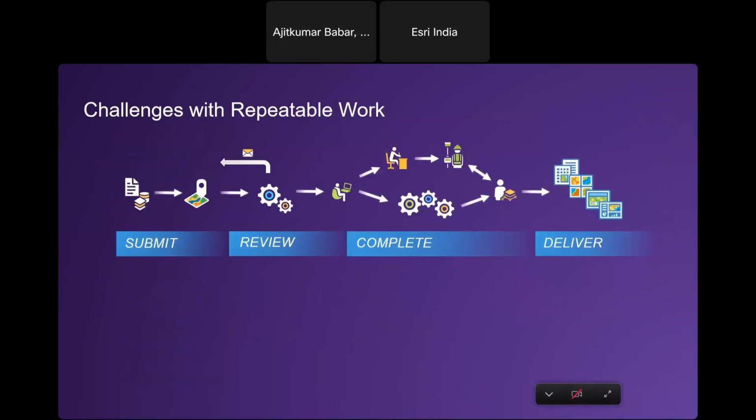So let's see this particular example here, which is basically a standard workflow followed by any organization, right? So as you can see, the first step is basically submitting a request, job request or any request, which is basically all about completing the work. As I mentioned, a few examples such as editing, approvals. It can be a simple map change request, right? All of those workflows that I just mentioned have certain steps such as submitting, reviewing the job, and then delivering